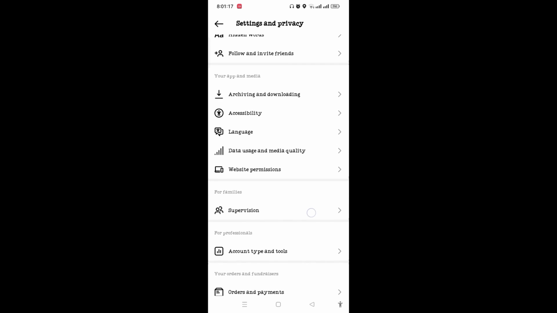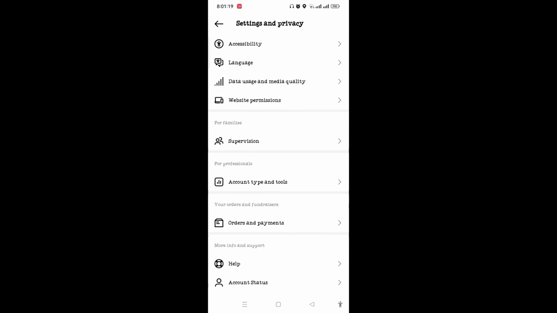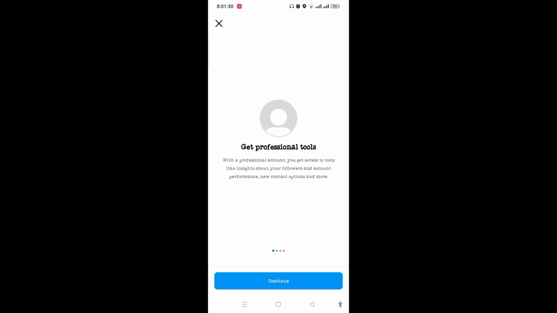Just scroll down where you will find the Account type and tools option. Just tap on it and then you will see the Switch to professional account option. You just need to tap on it. After that you just need to tap on continue,